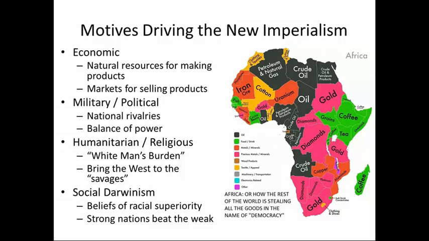Okay, so the first thing that we need to do is look at the motives driving the new imperialism. This is one of our big things that we focus on in history, cause and effect. So essentially these are the causes of imperialism. And the first one that we need to look at, in my opinion, is the most important, and that is